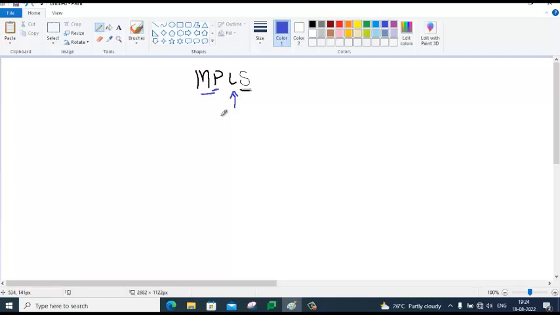As I said earlier, when we enable MPLS, every packet will have MPLS layer added. This MPLS layer will have labels.